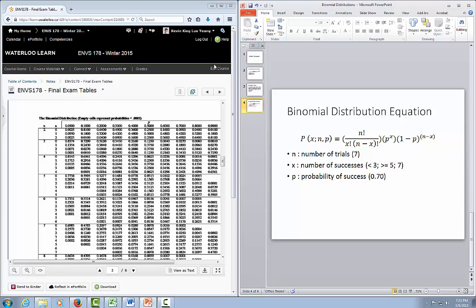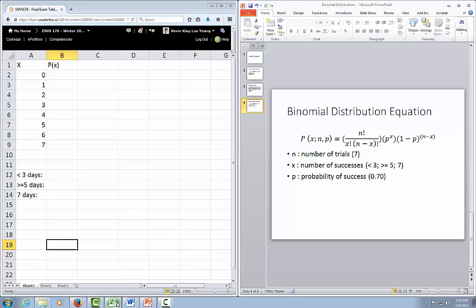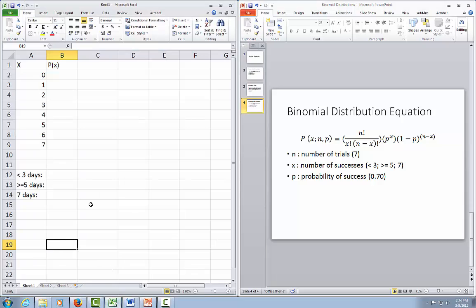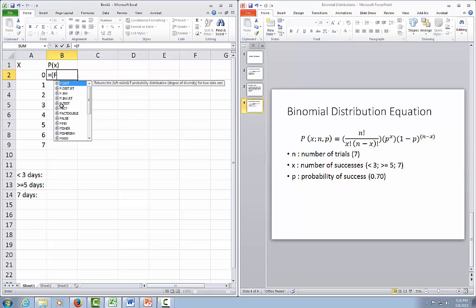So let's go into a blank Excel spreadsheet. And in one column, we have all of our x values. And in the other column, we have the associated probabilities as a function of x. And we can type in our binomial distribution formula into Excel to help us calculate the probabilities for each value of x. So we'll start with our factorial of n, which is 7. You divide this by factorial of